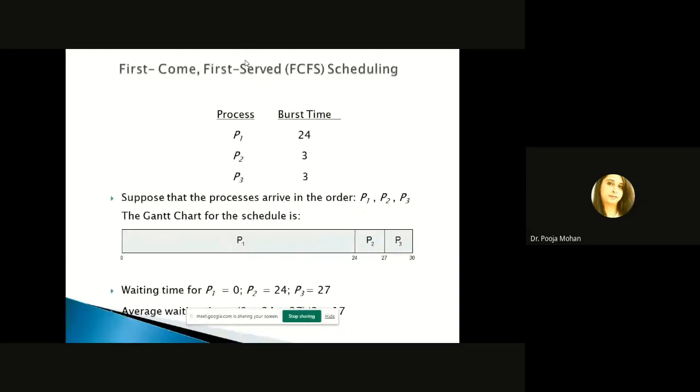So what is FCFS? First come, first served. It means the process that requests the CPU first is allocated the CPU first, right? In this, a process is allocated CPU time according to its arrival. In this case, we make use of the FIFO queue, first in first out queue. As processes enter, they join the queue, and when the CPU is free, it takes the process from the head of the queue and starts executing that process. So it's a non-preemptive algorithm.